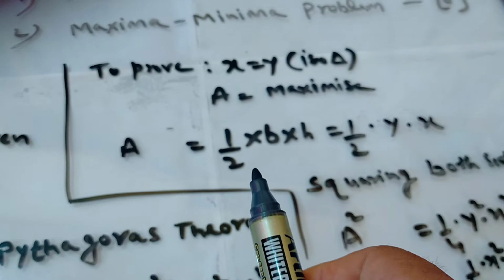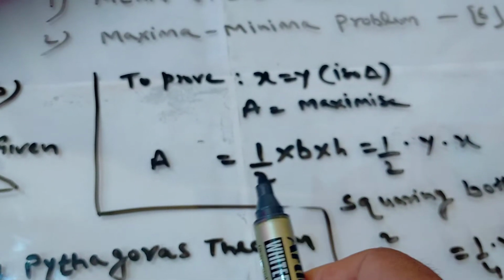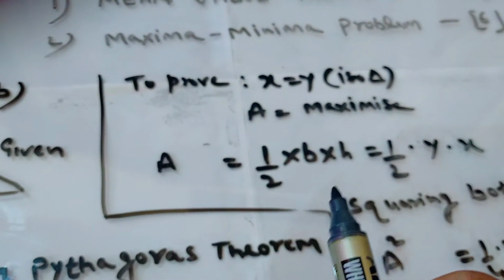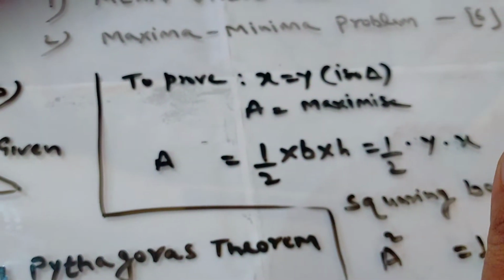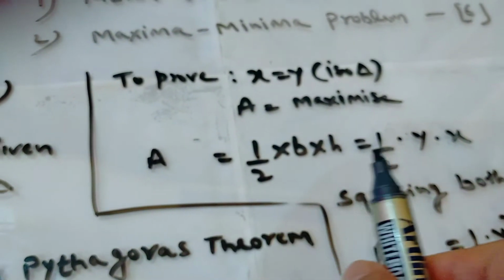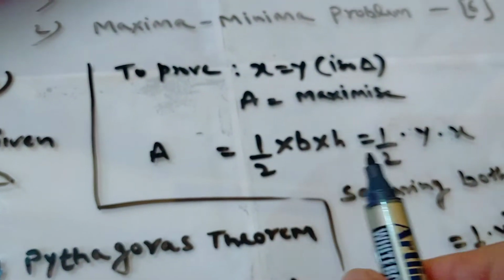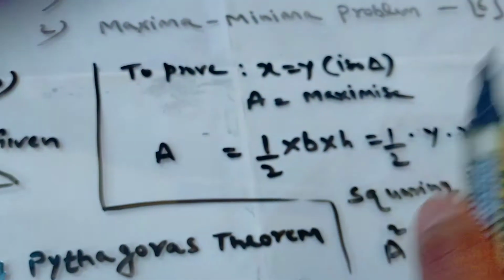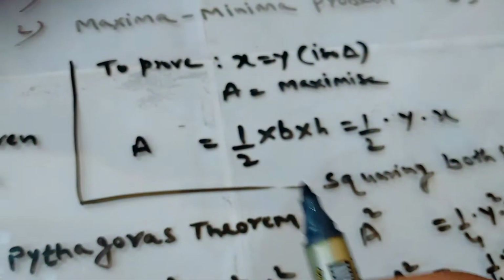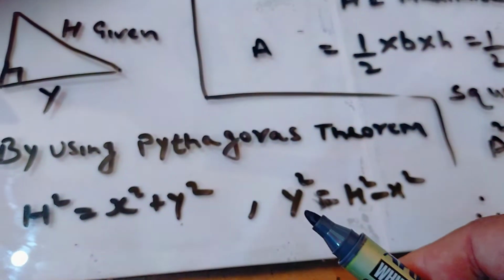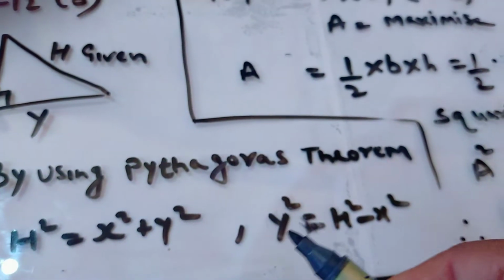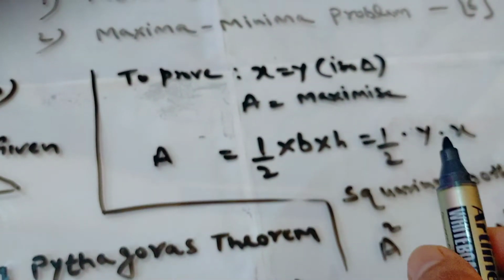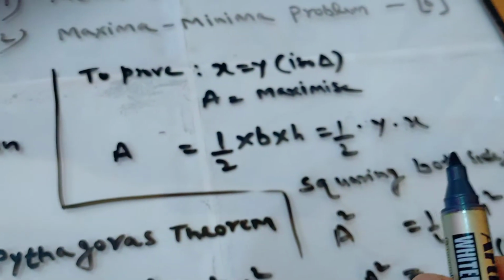Now in the earlier video I have explained that if you want to maximize the area, maximizing its square is equivalent. So I am going to square this portion. So I will maximize the area square. It is equivalent to maximization of area. So squaring both sides. Why am I doing this? Because the problem is we have the value of y square available, but here we have y. So I want to make it y square, so it will be very easy for me to differentiate this portion.